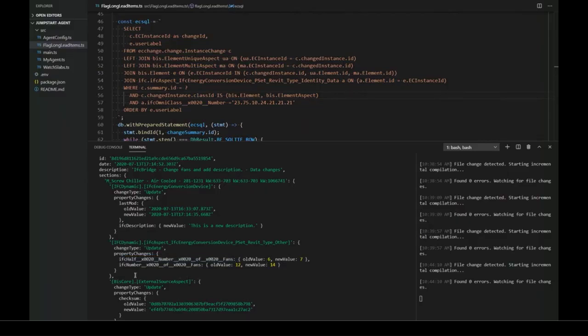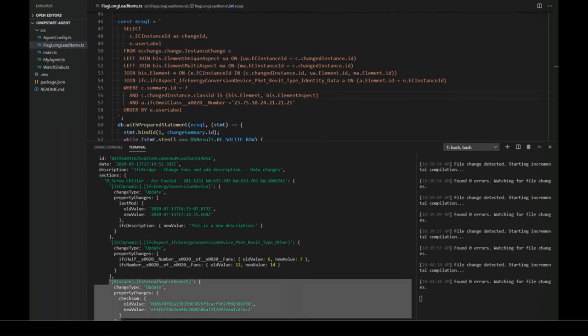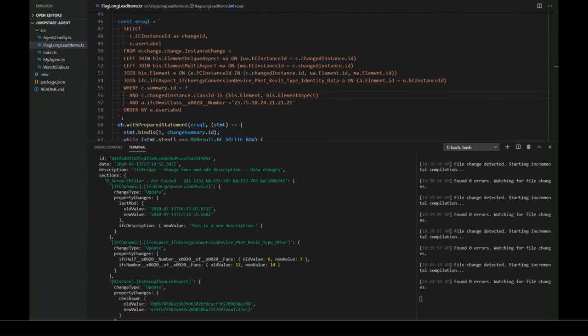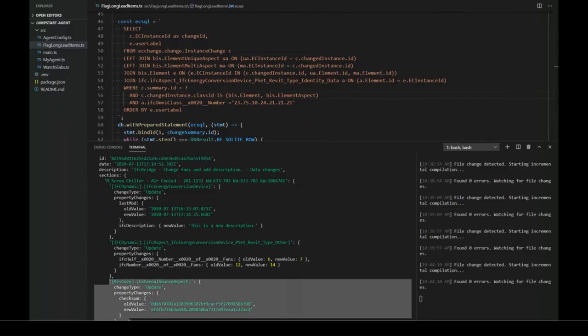That's great and all. But the second one is not really important. And this happens a lot with bridges, especially, depending on how the data is aligned. We can get aspects like this where the only thing that changed was the checksum. Maybe the only thing that changed was last mod. And maybe let's say that those are not as relevant to us. So we can filter things that only had those properties change